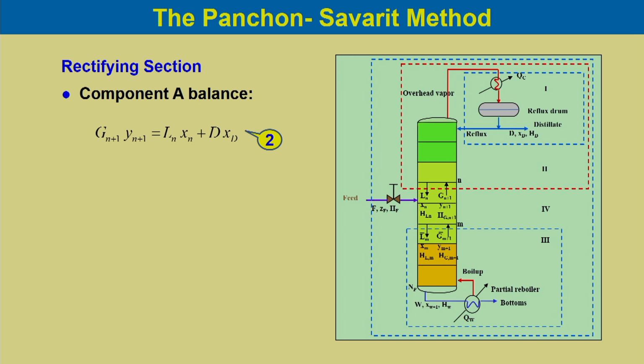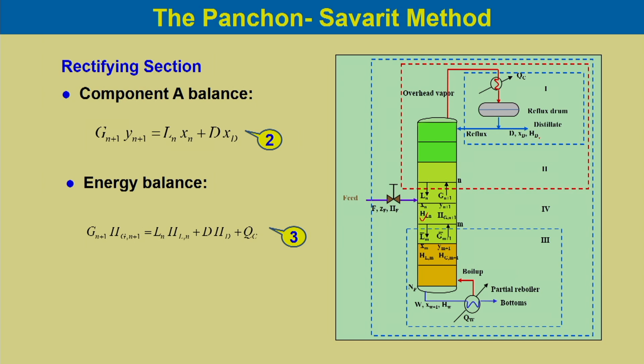So, this is the component balance equation 2. Now, we have to consider the energy balance equation. If the enthalpy of the vapor which is coming to tray n from tray n plus 1, here tray numbering is done from the top 1, 2, 3 as per the usual convention we use, the enthalpy of the vapor which is coming to tray n is Hg n plus 1, and the liquid which is coming down from the tray n has the enthalpy of HLn.